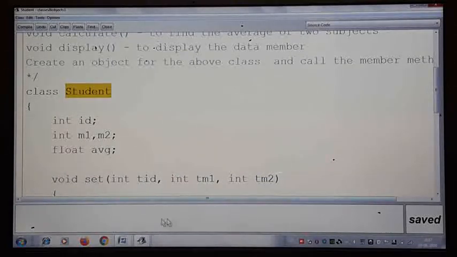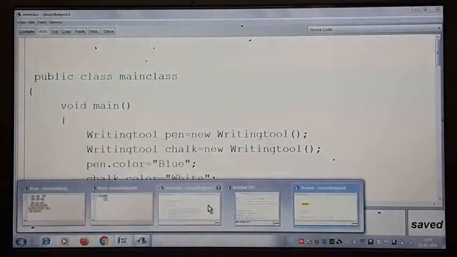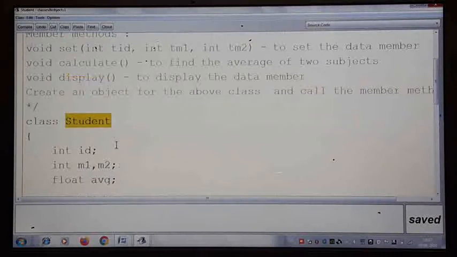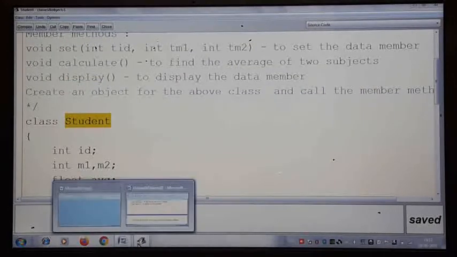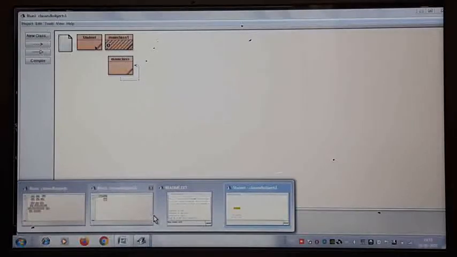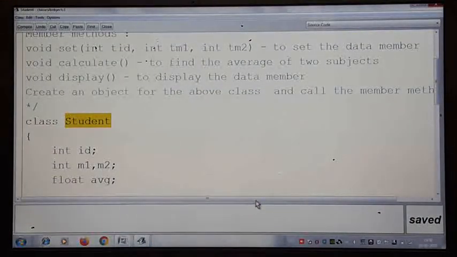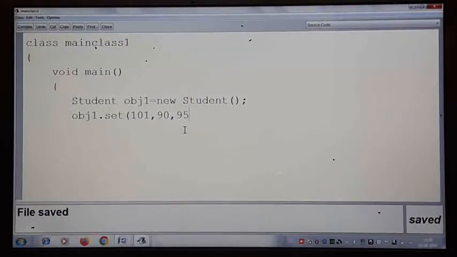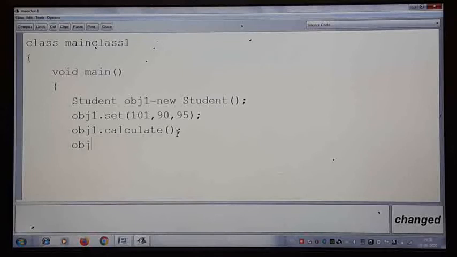So while writing, I will click on this. This is the object for this class. 101 is the student ID, 90 is mark 1, 95 is mark 2. So the set method is invoked. Then I'll call obj1 dot calculate to calculate the average. Then obj1 dot display. So all the methods, in which order they are supposed to be invoked, I had written